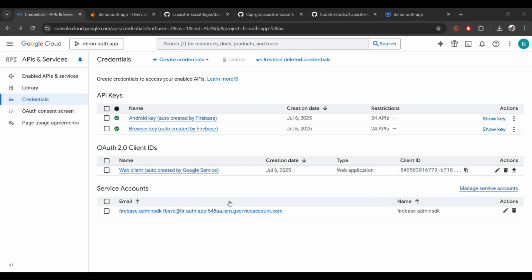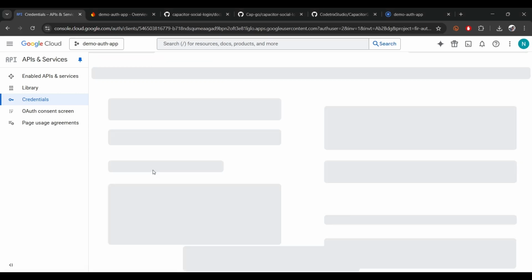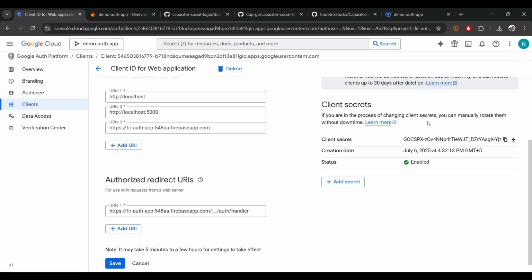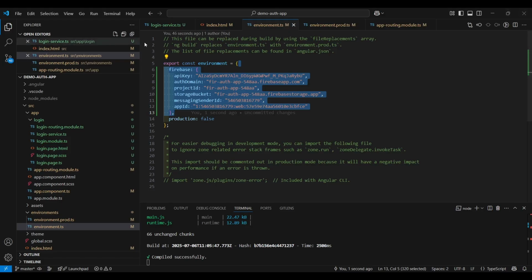Okay, now you can see the web client is there. Let's copy this ID. We will configure these two also, but let's copy this ID and go to your code,